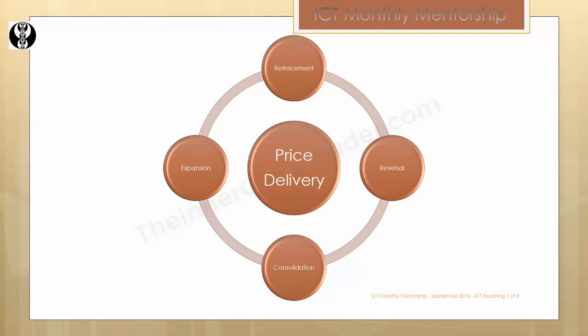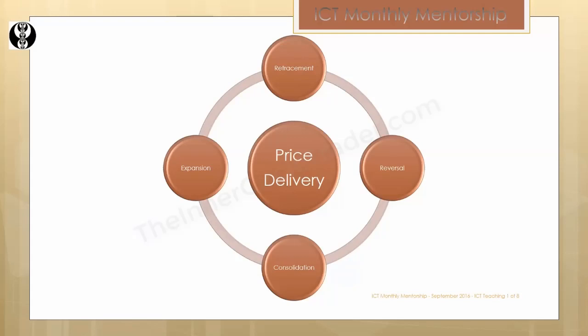We don't always know what that is, but we wait for the expansion. When the expansion occurs, that's when we get the clue as to what the market is most likely going to be doing. And then we wait for either a retracement or another consolidation or a reversal. But we always wait for the first expansion. That gives us all the insight that we need to make a decision.